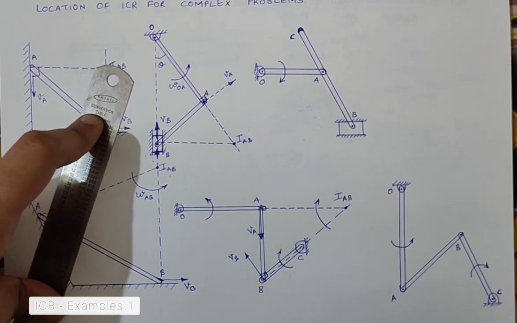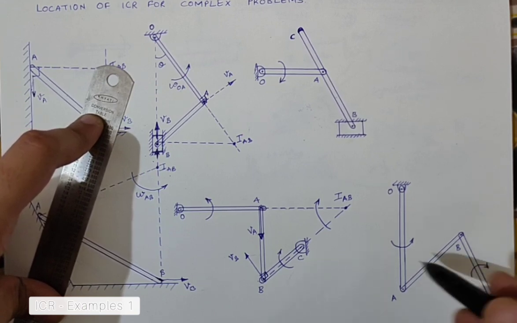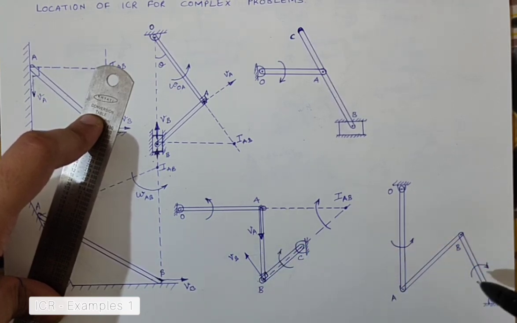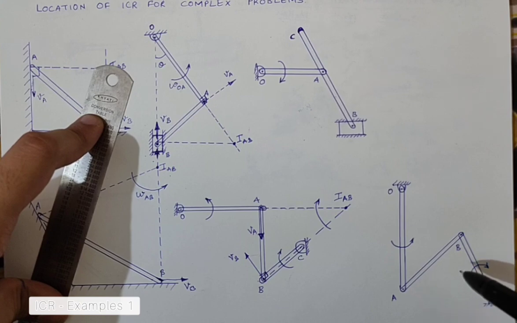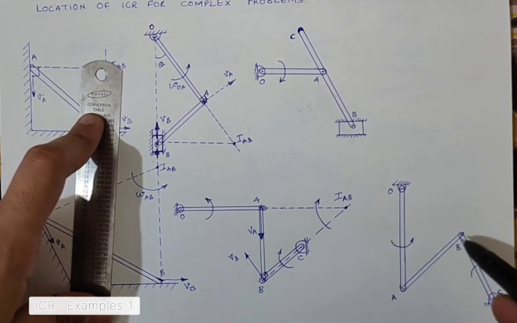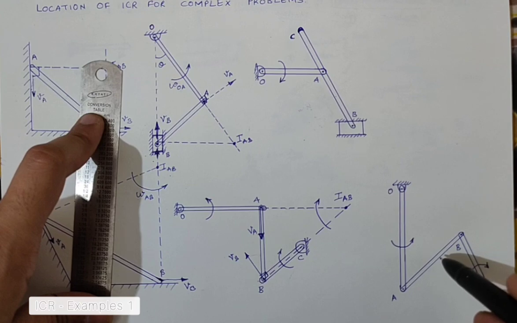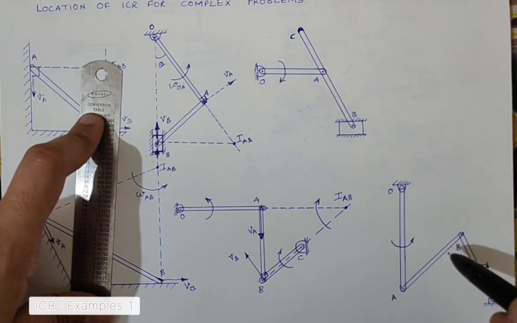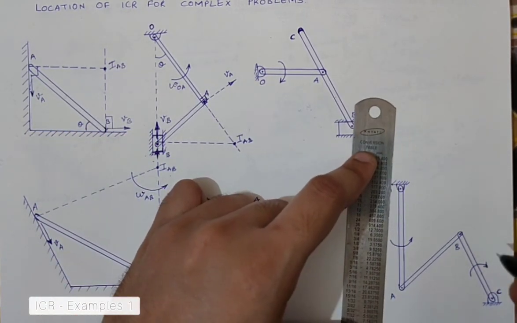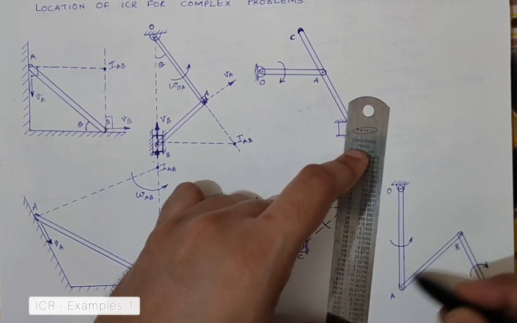Let us again focus on this problem now, where we again have three links, which is very similar to the one previously done, and I would like you again to pause the video and locate the velocities first of all, and then locate the ICR. So you may draw the entire thing which we have completed over here in the same way for this particular problem, and then after resuming I will just give you the same explanation. So let us try and get the location of the ICR for the link AB over here, which is under